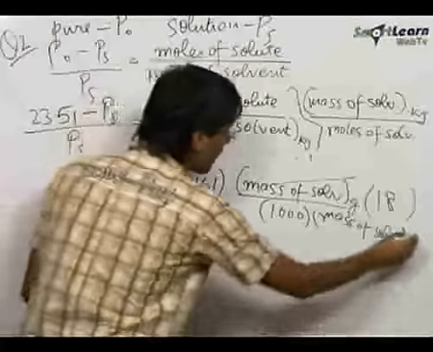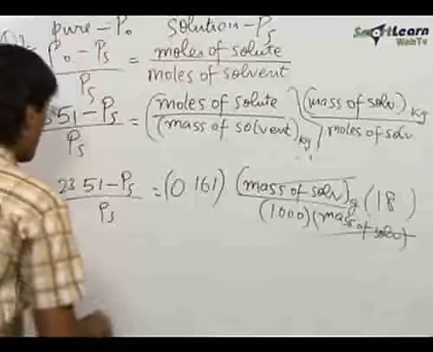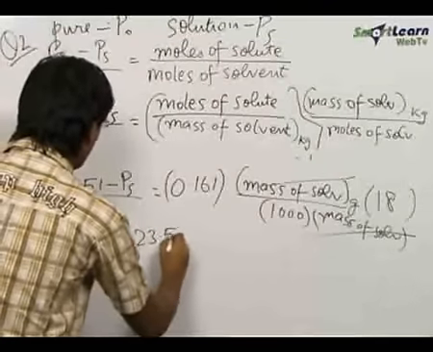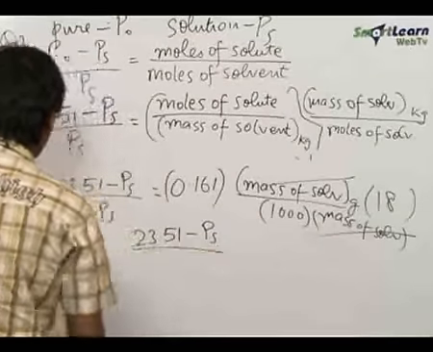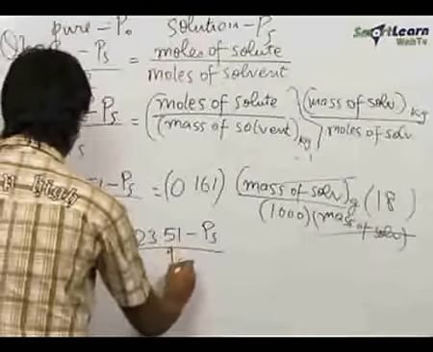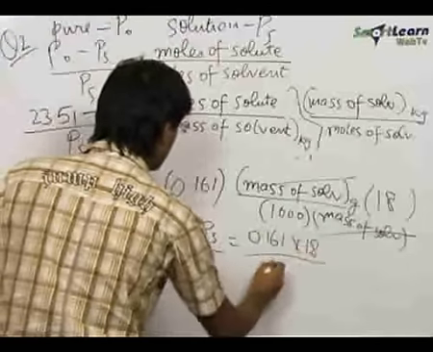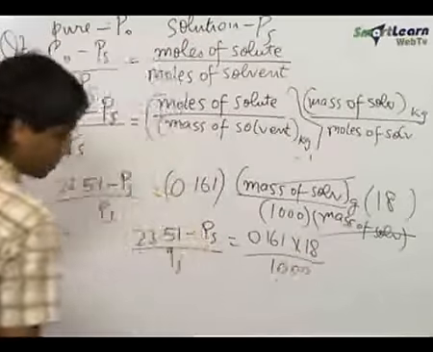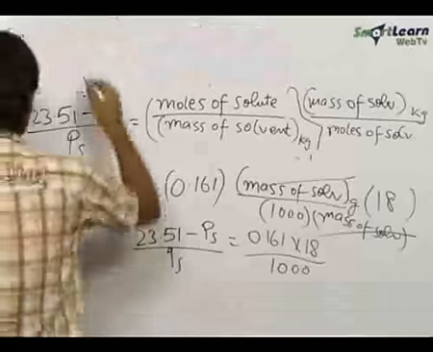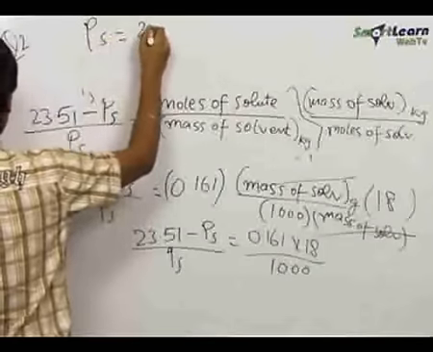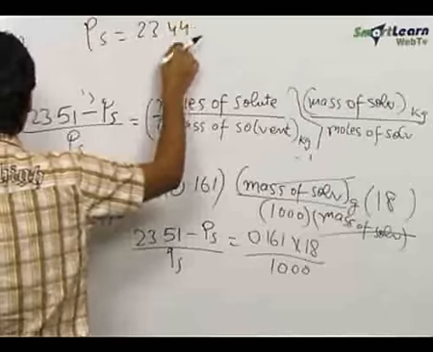This mass of solvent and this mass of solvent get cancelled, and we get the equation (23.51 minus Ps) upon Ps is equal to 0.161 into 18 upon 1000. On solving this equation, we get the value of Ps to be equal to 23.44